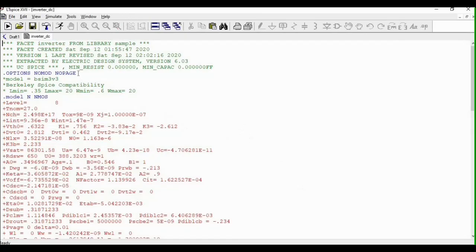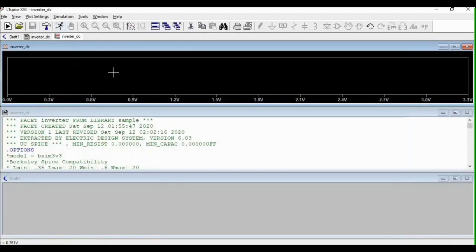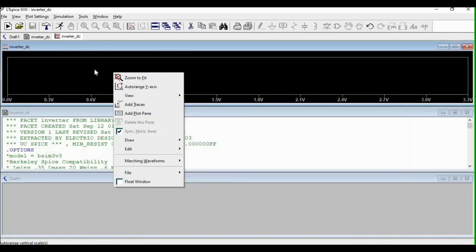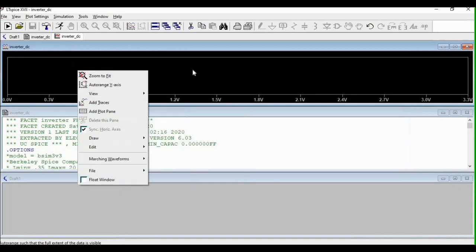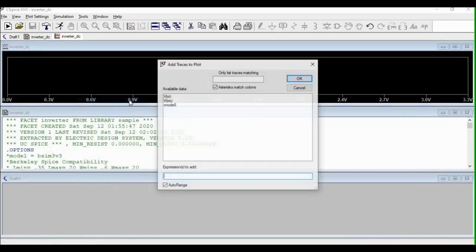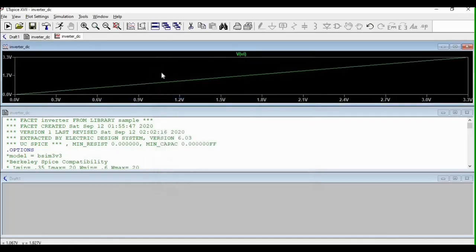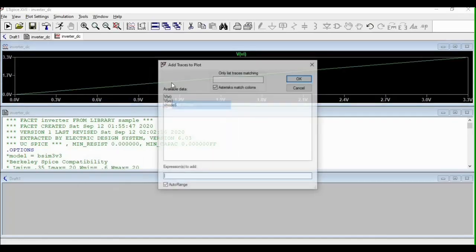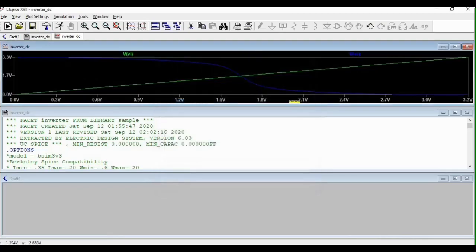So you need to remove this name from the options, so just delete that, otherwise you will have an error. After deleting, you can now run the CIR file using LTSpice. So you can now include here, just use the right mouse button, add trace. So you now have your VI or the V input, as well as add trace V out. So this is the waveform.